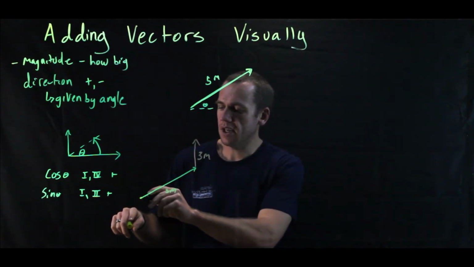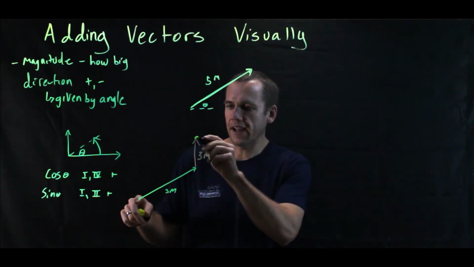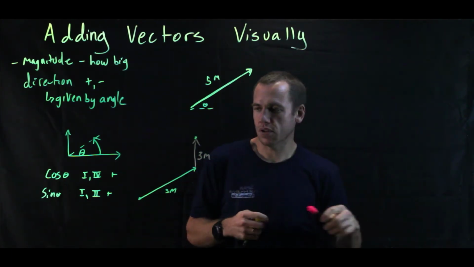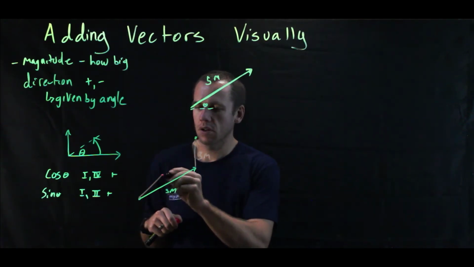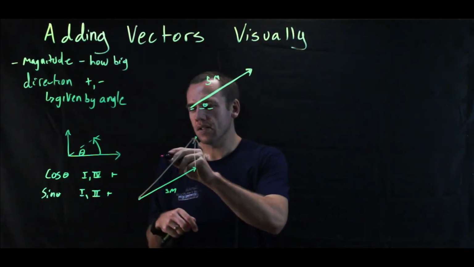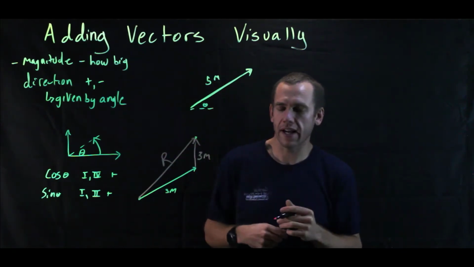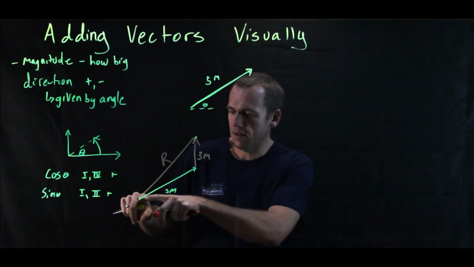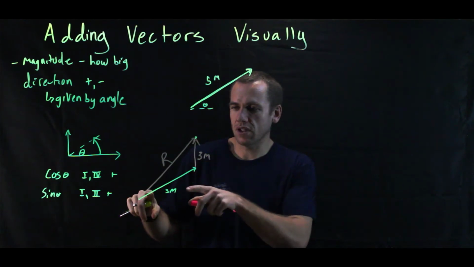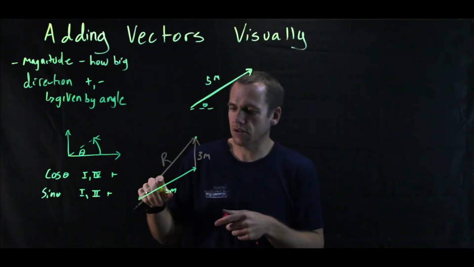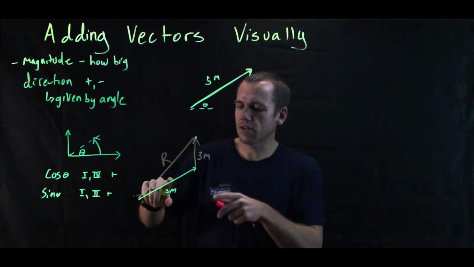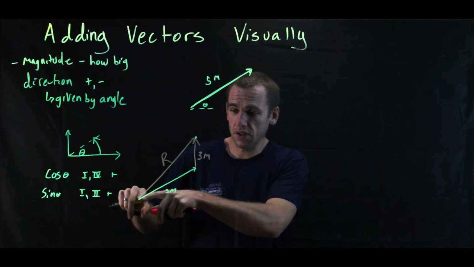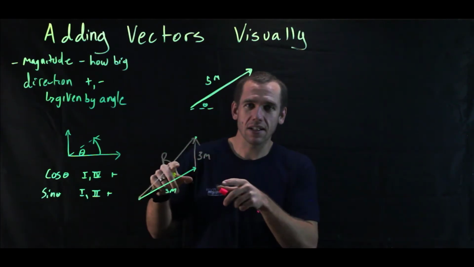So what this shows me is, here's my initial starting position, here's my final position, and I walked this path, but my displacement is actually the vector sum of those 2 things. It's from here to here. Right? So this is what I call a resultant vector. It's the result of adding 2 vectors together. And we can visually see that by placing our vectors tip to tail. And it doesn't have to be 2 vectors. We can do this for 3 or 4 or 5 or 6 vectors, or as many vectors as we want. So this is visually adding up these vectors by placing them tip to tail, and then we go from the tail of our very first vector to the tip of our very last vector,